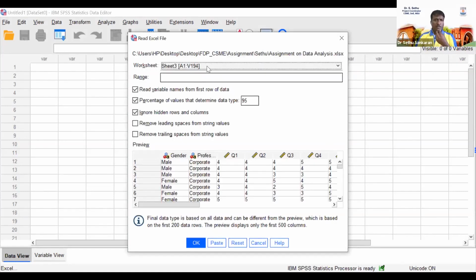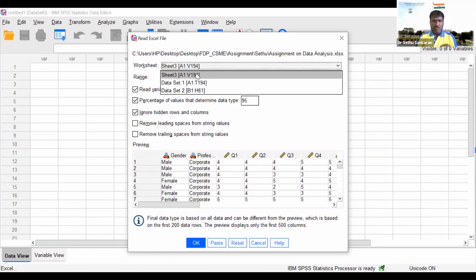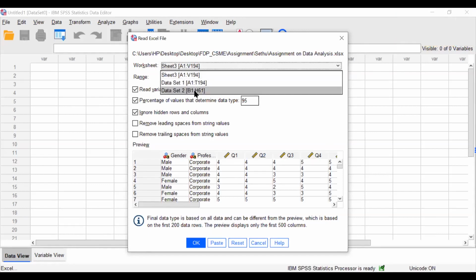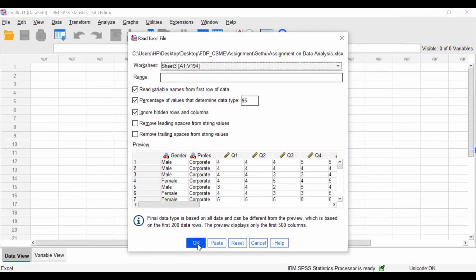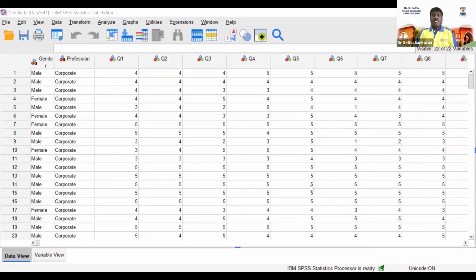In the pop-up window, here you can see worksheet. So I am keeping my final data in sheet 3. Here data set 1 and data set 2, the 3 sheets which are available in my Excel are displayed here. So I have chosen only the data set which is applicable to me from sheet 3. Okay, done. That's all. Then you can click OK. So this is the way to import the data from your Excel.